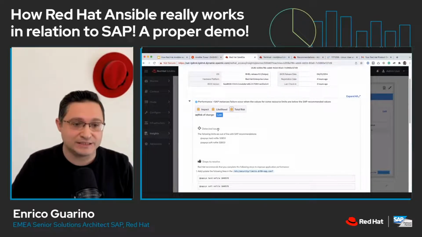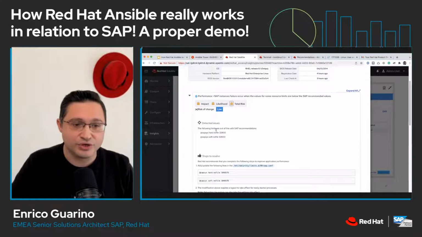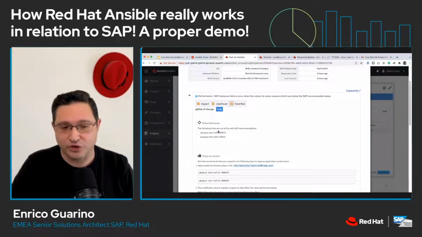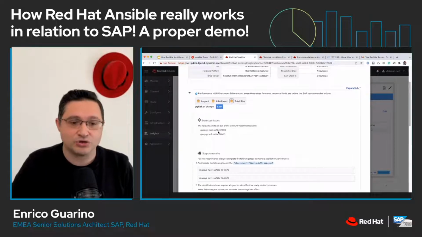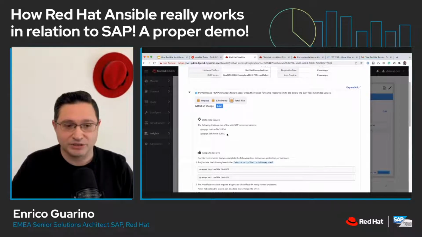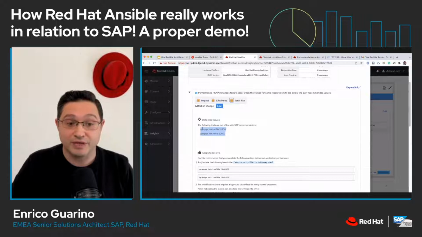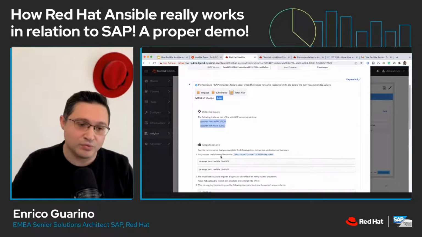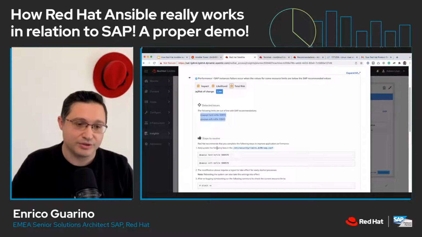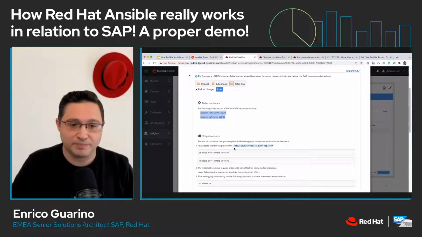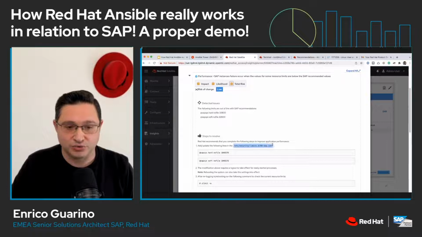So Satellite is telling us that the resource limits of this specific host, the HANA, are not in line with the SAP best practice. These are the configurations that have been discovered, and we can have a look also to the operating system. And we should update the correct parameter in this file.